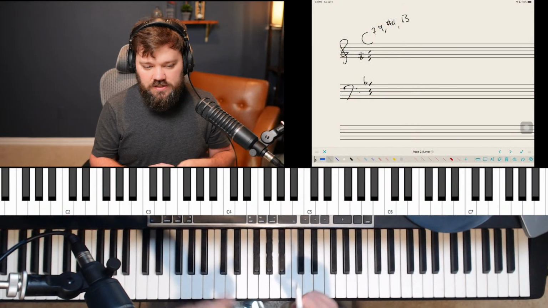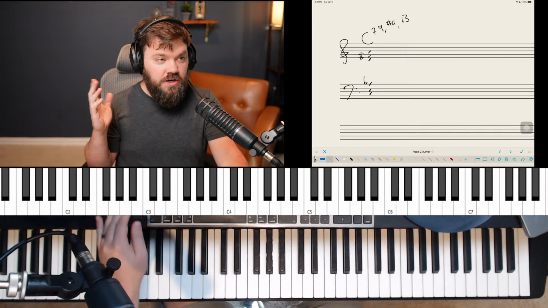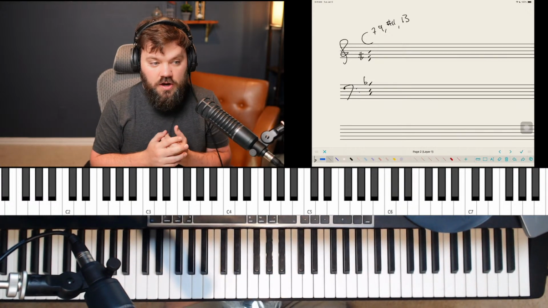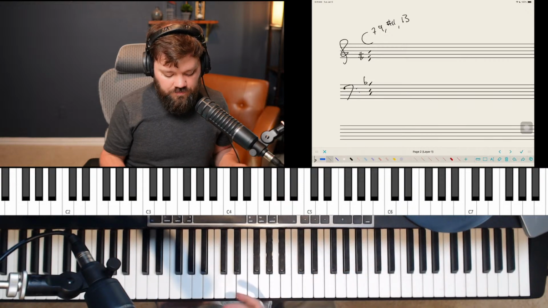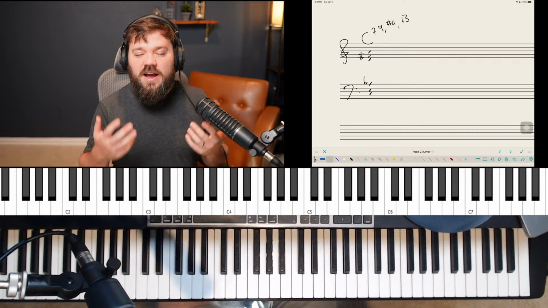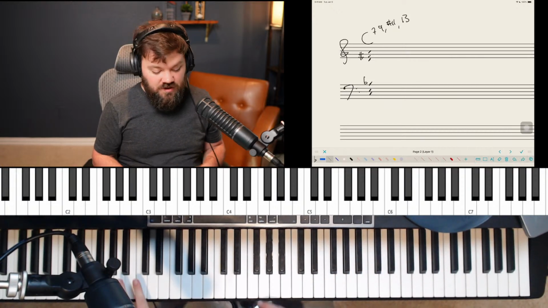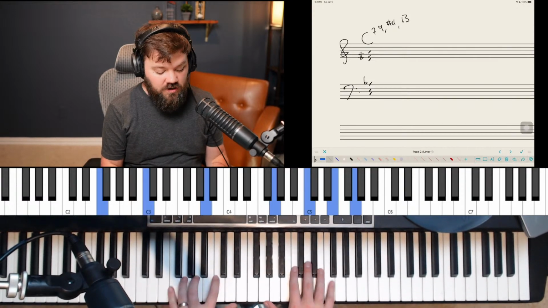So let's continue on. I did want to tell you one other place where this goes really well, which I found as I was playing Girl from Ipanema. I found yet another place where this is used in Girl from Ipanema. So if I'm going,